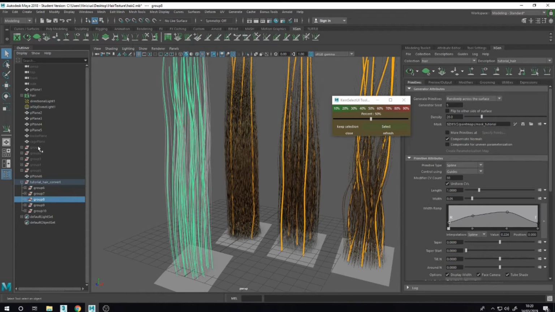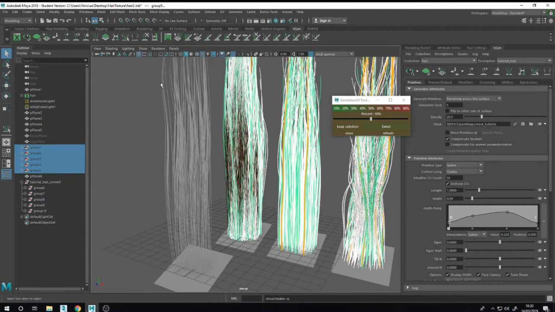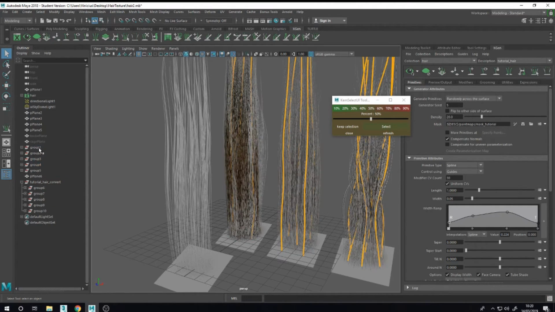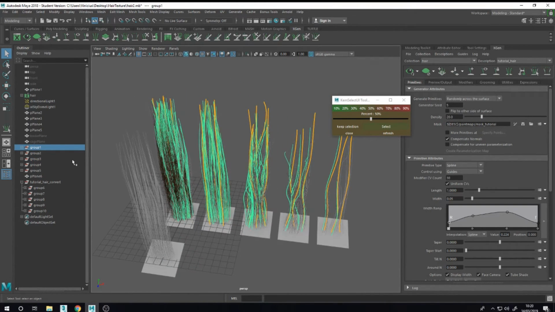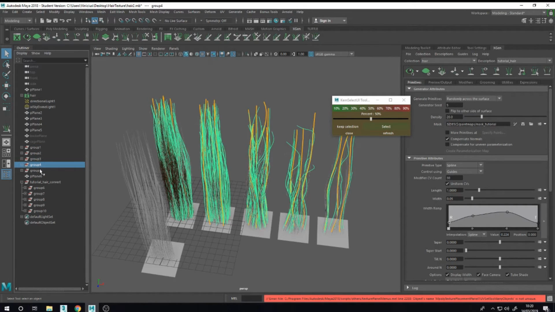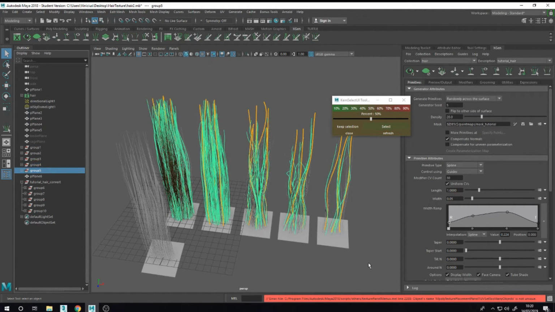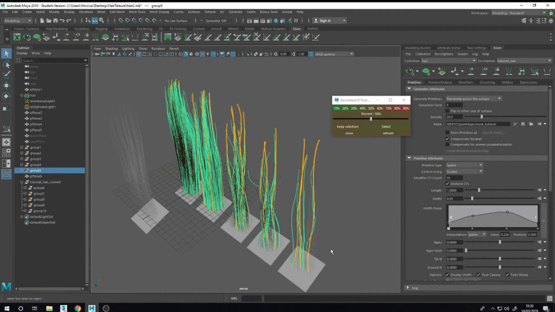As you can see, I did this already here. So group 1, 2, 3, 4, and 5. You have to do this to generate the depth of the hairs.